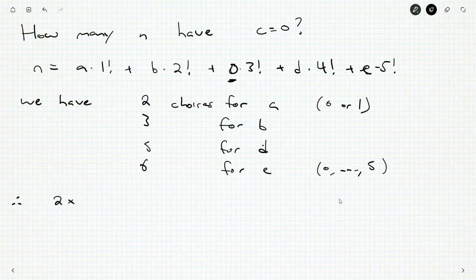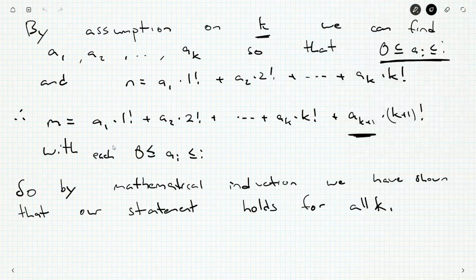So that tells me we have 2 times 3 times 5 times 6. 30 times 3 is 90 times 2 is 180. Such n. Now, we didn't actually show that this form is unique, and maybe that might be worth a mark. I think that's asking a little much from a grade 10 contest, but I think we could say something like